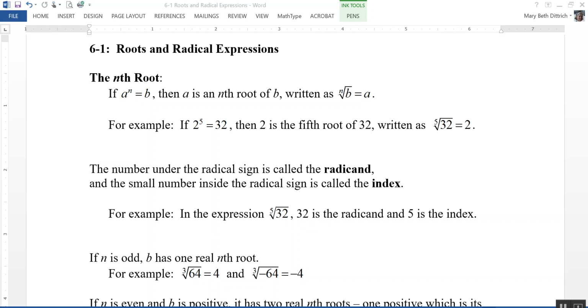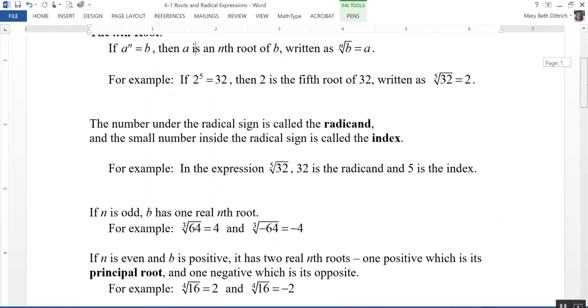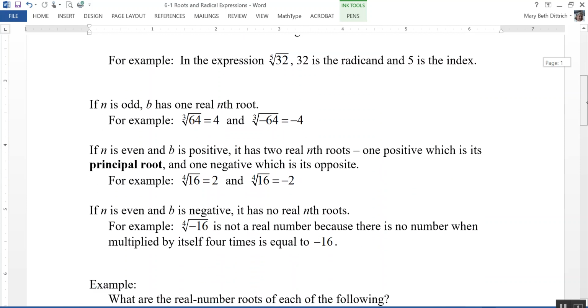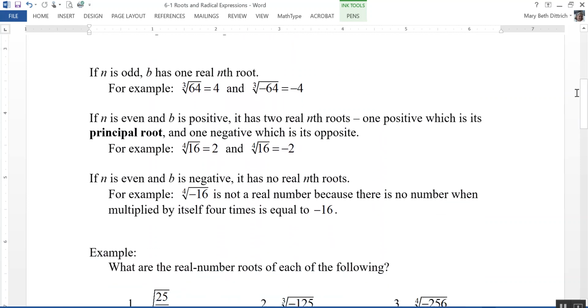Let's take a look at a few rules that apply when we're taking nth roots. If n is an odd number, if your index is odd, then b has one real nth root. So for example, the third root of 64, or the cube root of 64, is equal to 4, and the cube root of negative 64 is equal to negative 4. Remember, that means that 4 times 4 times 4 equals 64, and negative 4 times negative 4 times negative 4